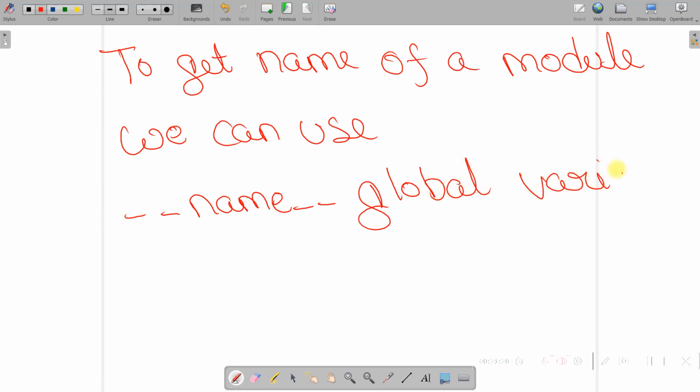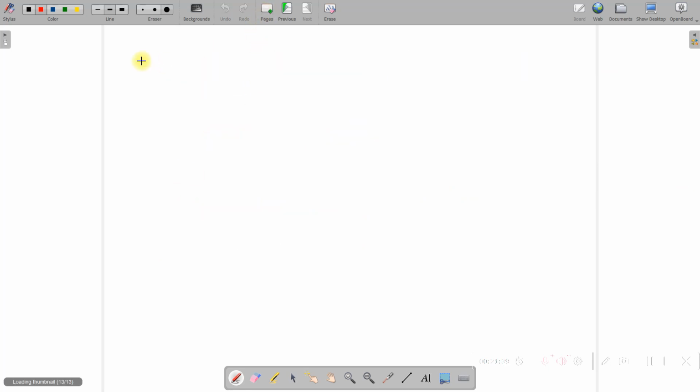In this way we can get the name of the module. This global variable holds the name of the module, and when we create any user defined module, let's say my module name is maths.py,